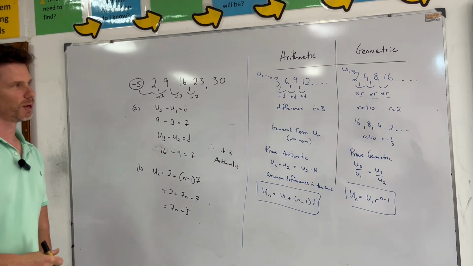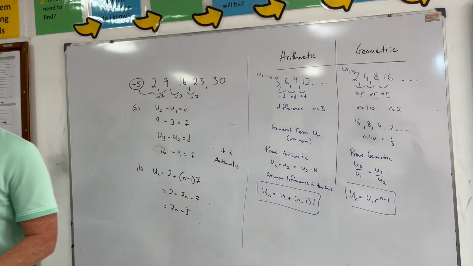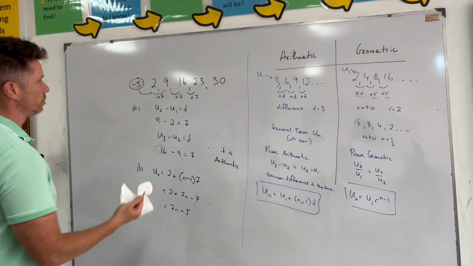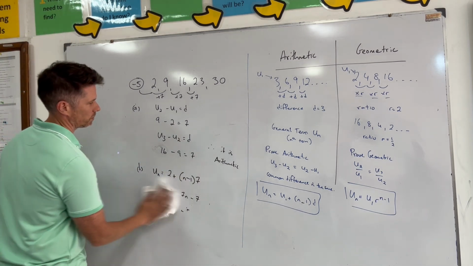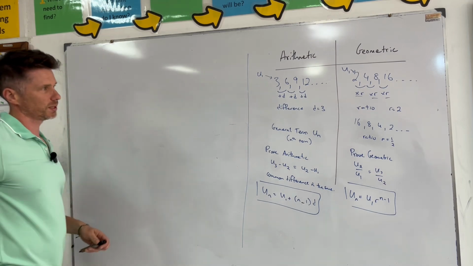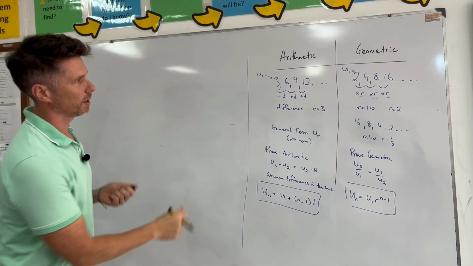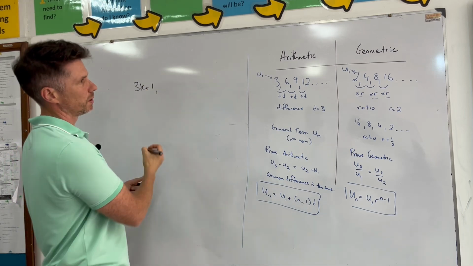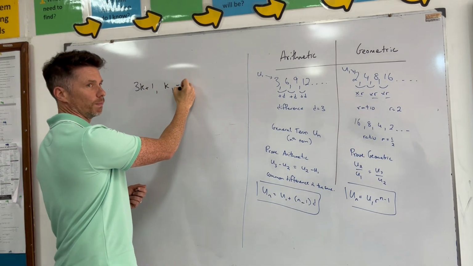Now, problem solving is where it's at. That's more likely the question, like in questions 2 and 3 here. I'm just going to get rid of this. So question 2 presents: find k given that 3k plus 1, k,